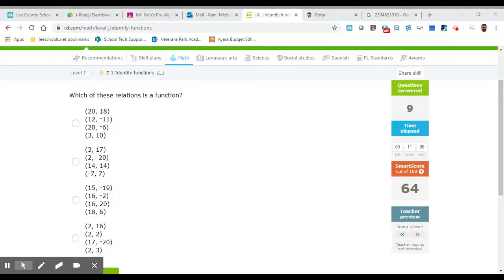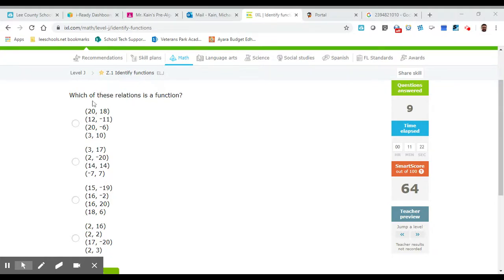All right, this is identify functions. The code is ELJ on your 8th grade IXL. And this is once you hit about 64, you get questions like this. It says, which of these function relations is a function? So a relation is just a set of ordered pairs. And we said a function